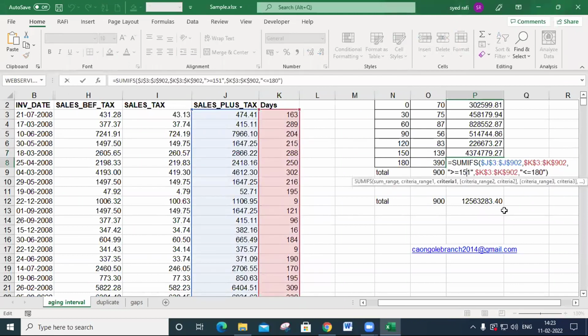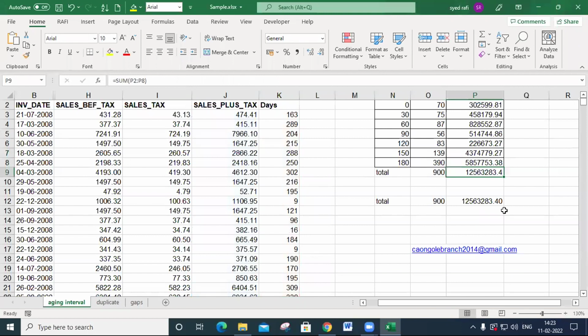So 181, and I remove the remaining and press enter, the same value I get. Okay, so this is the format. I hope you can understand.